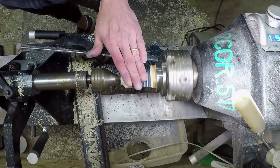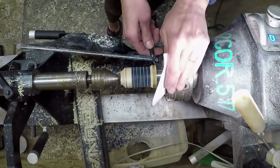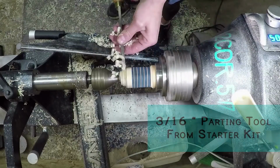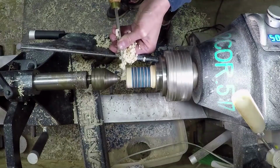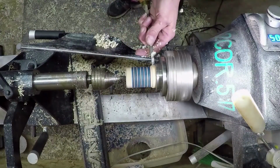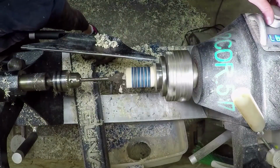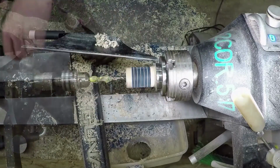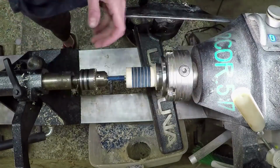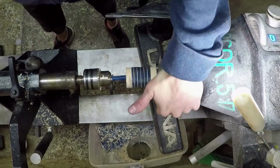So another frustrating point in this project was when I went to tap the hole for the mandrel. I must have got some wood or something crammed down in the bottom, and it did not want to seat properly, or I should say straight. And I fooled with it a little bit, and the best I could get was how I mounted it. So you'll see once I turn it around, it has a slight wobble to it. I didn't tap it by having the lathe turned on because it would go way too fast. So I just used the tailstock